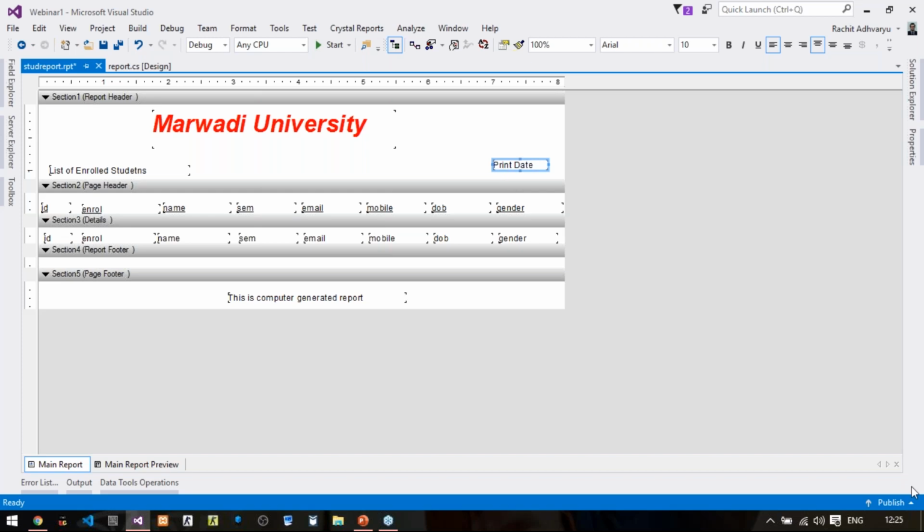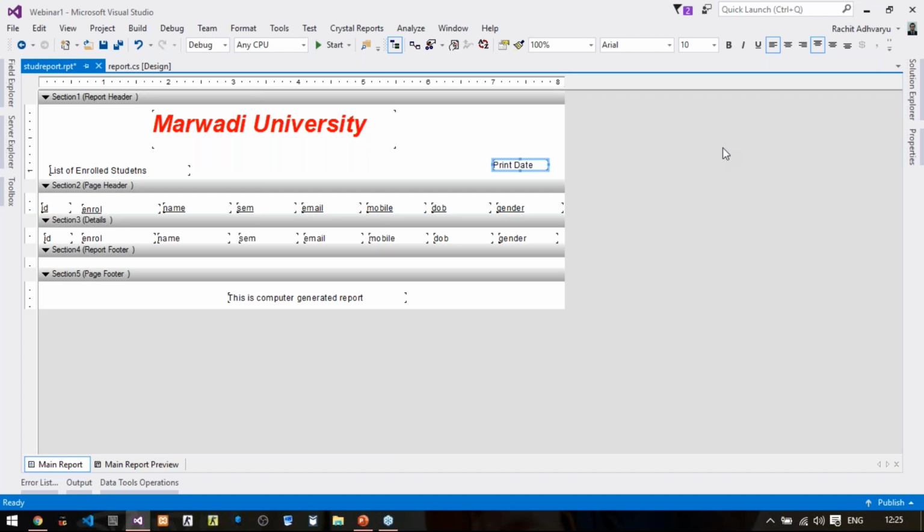Fine. So again, moving to the design part, I'm just closing this report now. Here in your Windows form, there will be no controls. We will just go to Toolbox and you will see one reporting tab here.